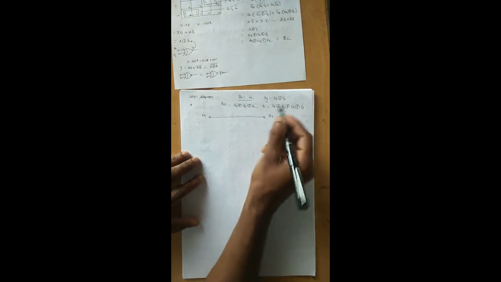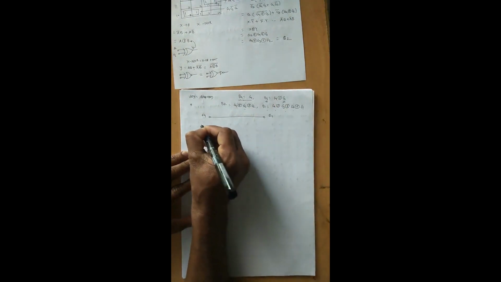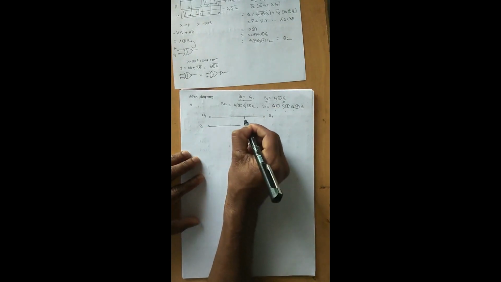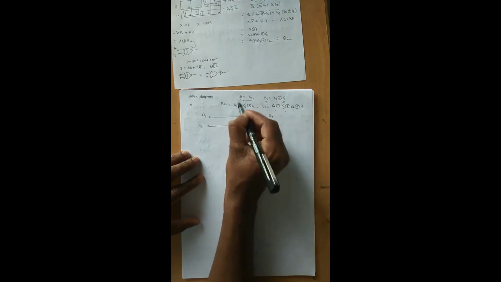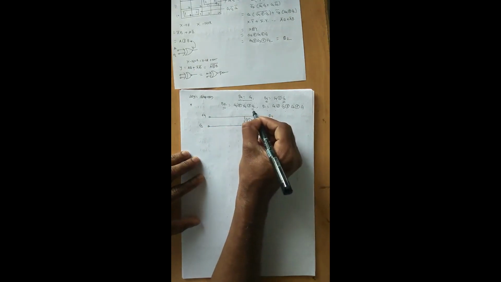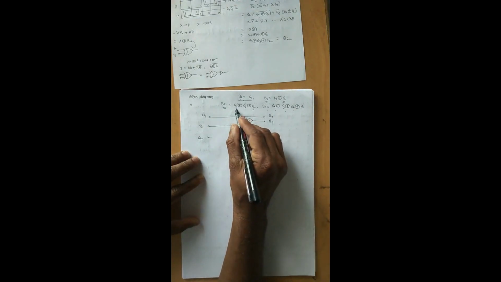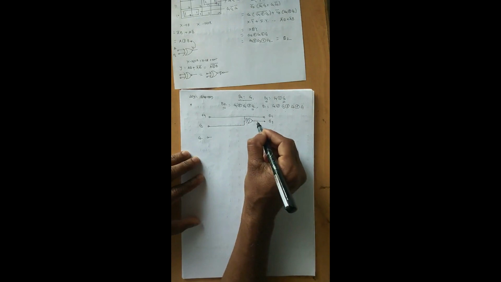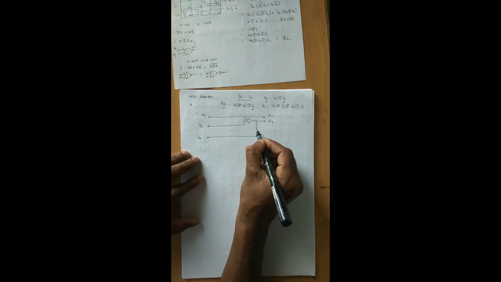Then for B4, just consider Z4 as it is. Next I want B3, so we need one more input, that is Z3, and this is XORing with Z4, so make an XOR of this one, so it will give us B3. The next B2, we need one more input, Z2, which is XORing with Z4 and Z3, which is available here. So we only consider Z2 and make an XOR with this one.